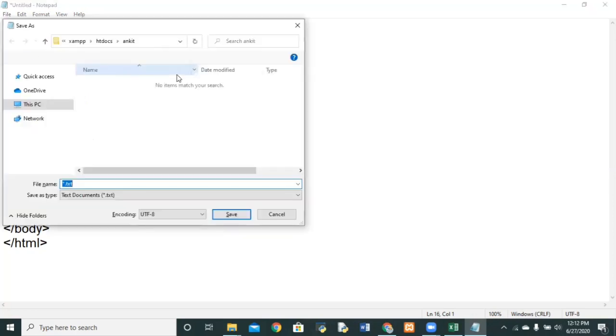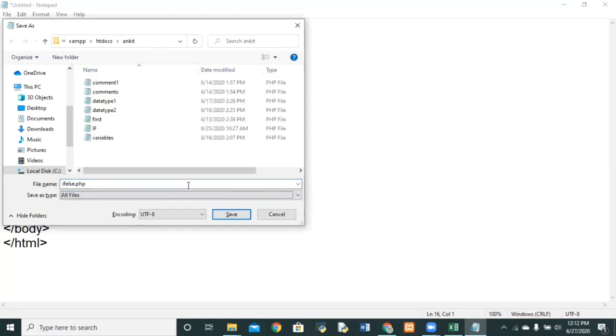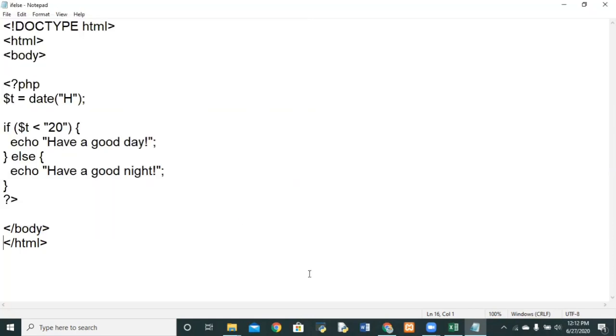So saving it, I will be saving this in the Ankit folder as part 2 dot php, or if else dot php, save as type all files. So save. After that, run the XAMPP server.